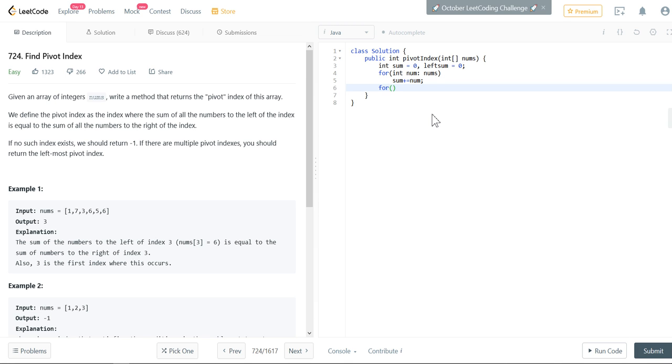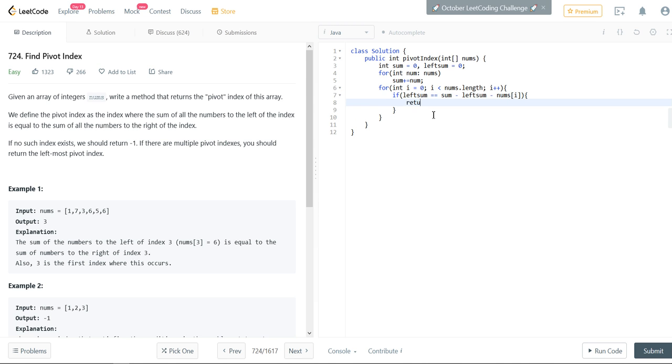Now we're going to use another for loop: int i equals 0, i is less than nums dot length, increment i. And then we're going to put a condition saying if left sum equals sum minus left sum minus nums[i],